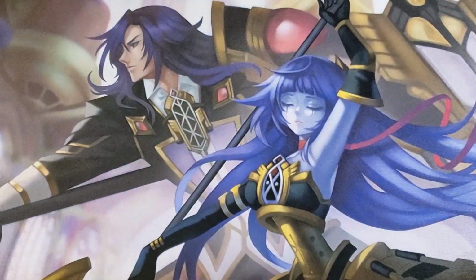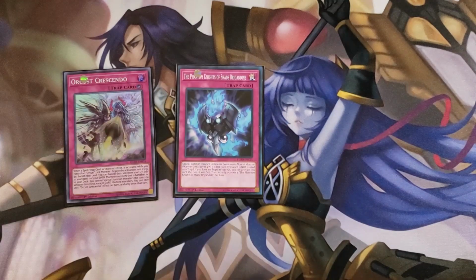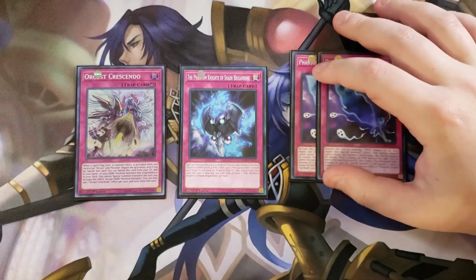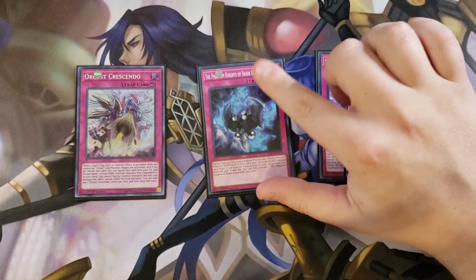So for the traps, we're only going to be playing 4 traps in the deck, which is a single copy of Crescendo, 1 copy of the Shade Brigandine, and 2 copies of Fogblade. This is pretty much all you need for the trap lineup, because these are going to negate monster effects. These are going to be able to special summon out a copy of a level 4 monster, which is going